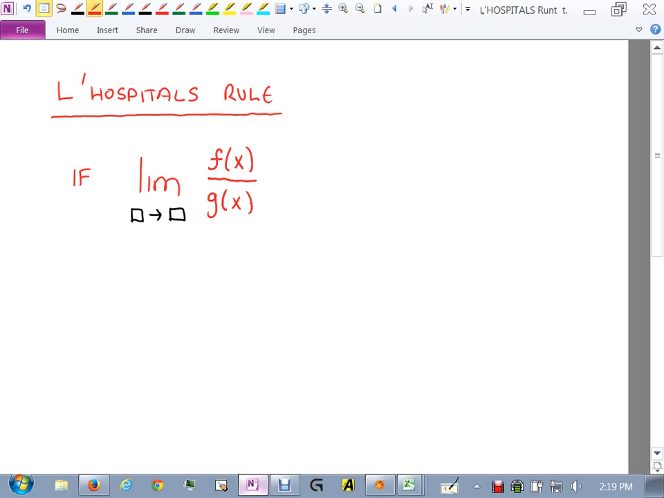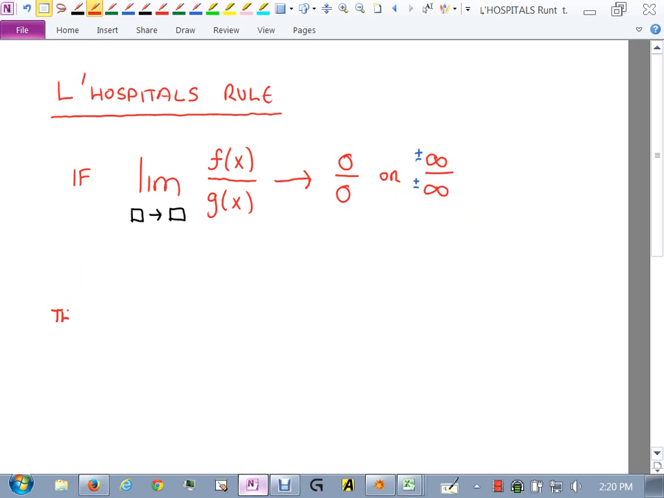If this limit goes to 0 over 0 or infinity over infinity, either one of them, and I'll also throw in here, it does not matter if these are plus or minus. So you can have infinity over negative infinity, negative infinity over positive infinity, negative over negative, positive over positive, does not matter. 0 over 0 or infinity over infinity. If that happens,